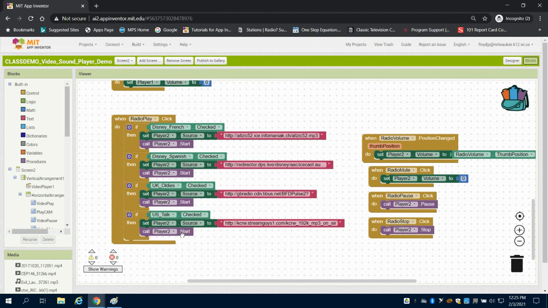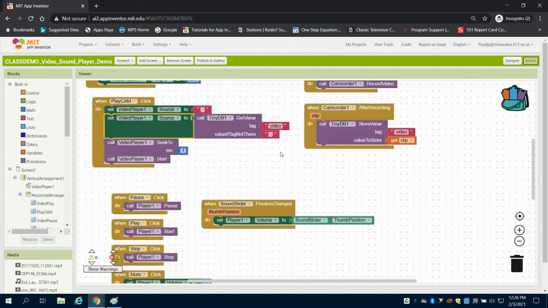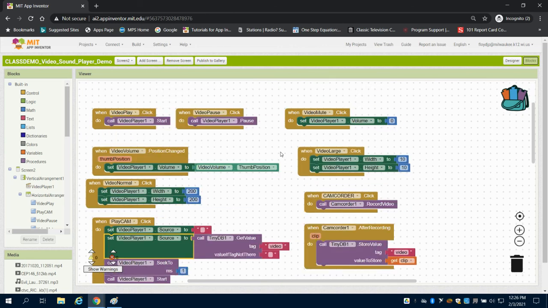If it's not checked, it's not going to be. Now the default on this, if all of them are checked, they're going to try to load all of them instantaneously into one player. But our controls work the same way. We have a start, stop for the player as well, the volume here, and the radio mute. So this is just something to get you started as you're thinking about your multimedia app. Again, it doesn't have to include all of these, but it could include